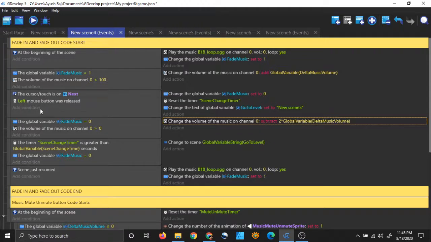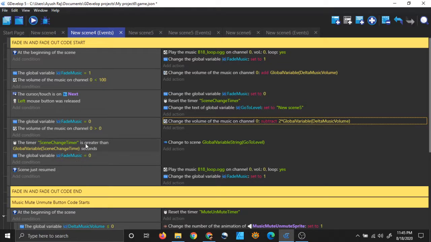When your scene changing code is becoming true, then I am starting a timer, scene change timer, and when that timer reaches a certain time and my fade music is 0, which means that I am fading the music out, I am fading the music out and my scene change timer has reached a certain time, then I will change the scene.